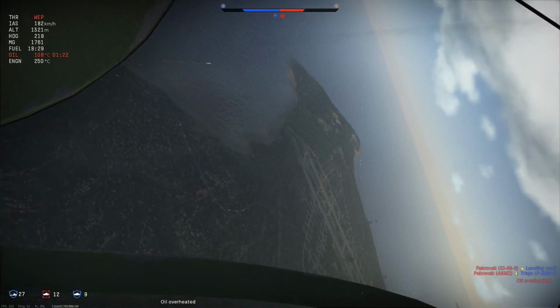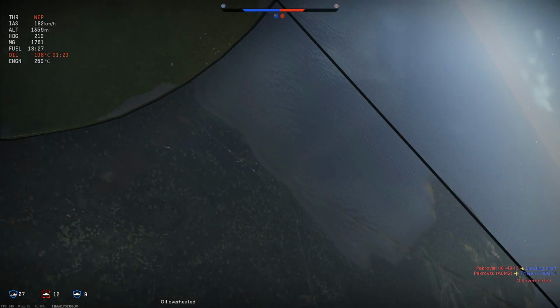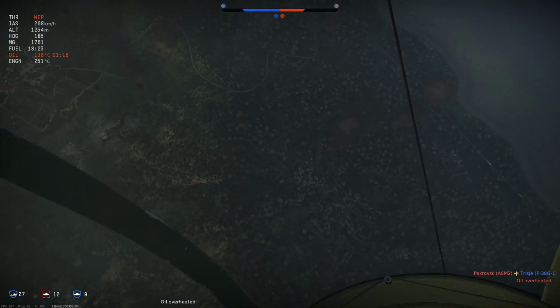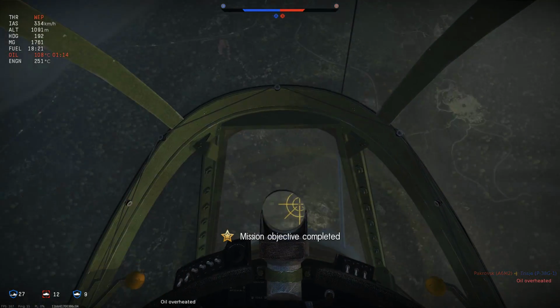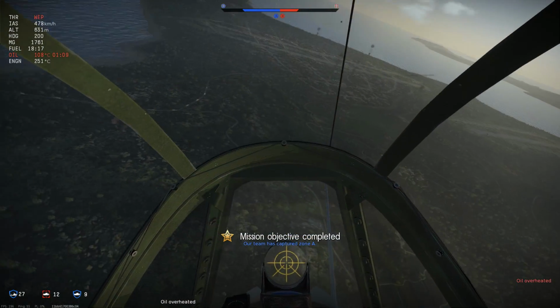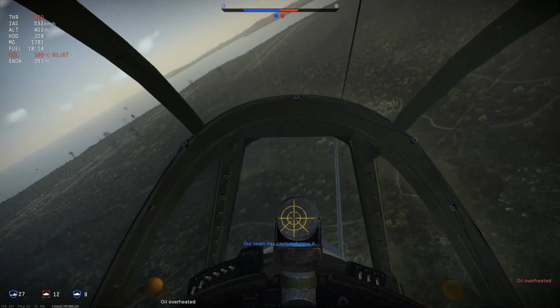I can see some tracers below me and I get ready to dive on them, as I can see a Zero to my left climbing up to me to attack. Now I'm not sure about the energy state of the Zero at the moment, so I just point my nose down and dive away. As I come out of the dive, I am a good 100 kph faster than the